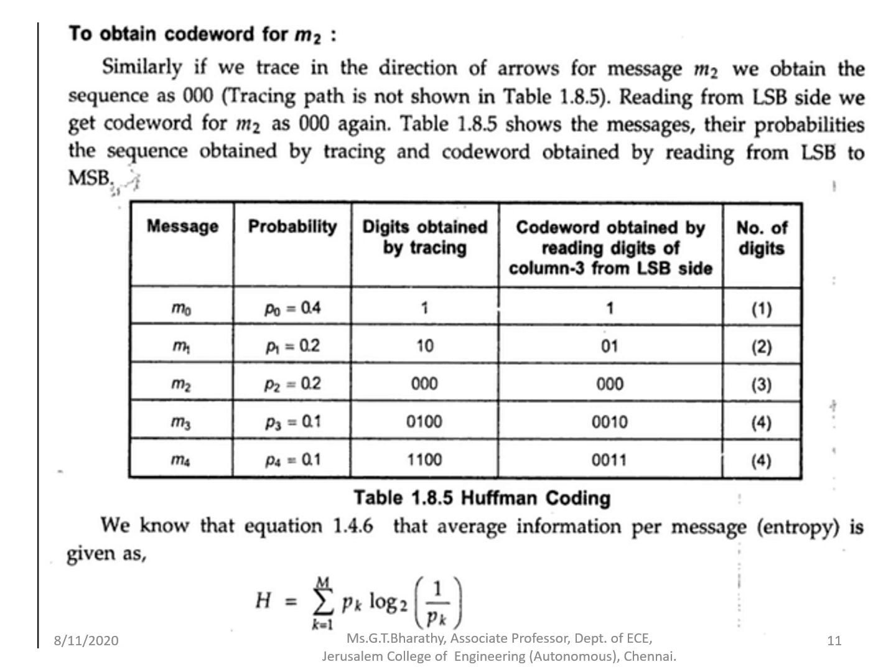The same thing is explained here. We have to trace the arrow mark in the forward direction for each and every symbol, and then write the code word. So if the traced path is 1, the code word is 1. If the traced path is 1, 0, the code word is 0, 1. If it is 0, 0, 0, it is 0, 0, 0. If it is 0, 1, 0, 0, the code word is the reverse, that is 0, 0, 1, 0. If the path is 1, 1, 0, 0, the code word is 0, 0, 1, 1.